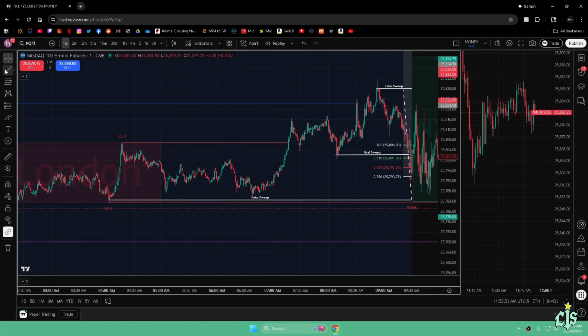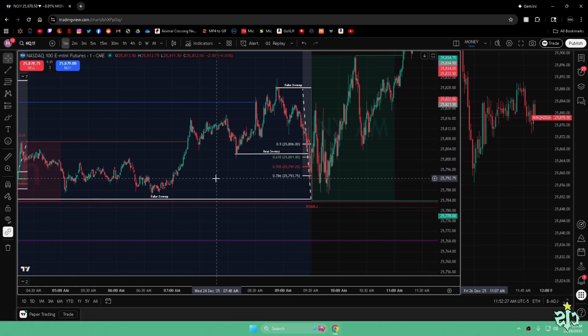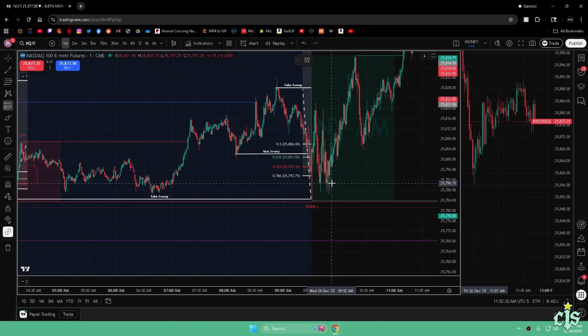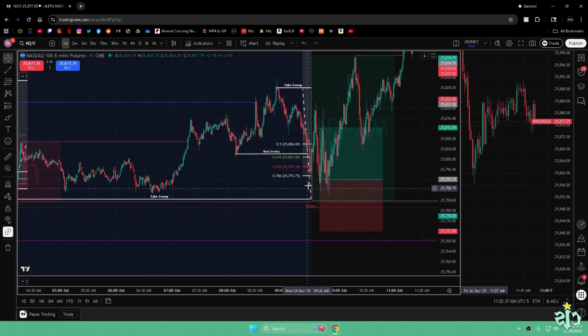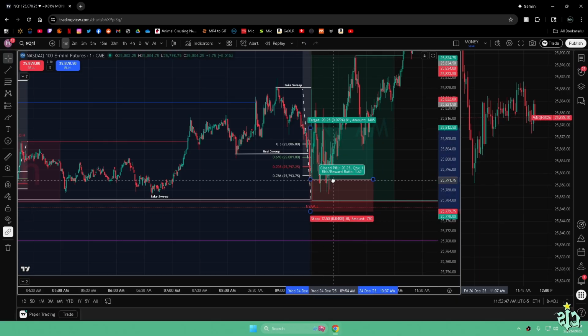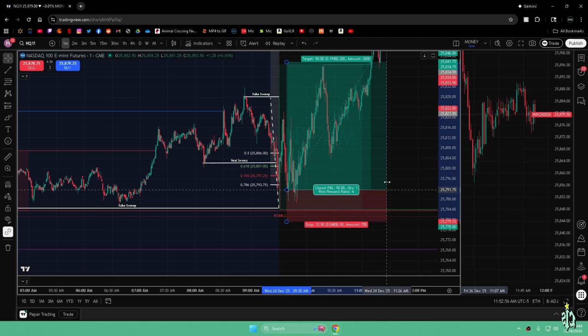Now, I'm gonna tell you right now, you could have entered right here. You could have entered here. Right here, for longs. So after market opens, you want to wait, obviously. But you could have entered here, 50 ticks, and you wouldn't have gotten stopped out. But usually you'd wait, and then go for 200 ticks. Right? Boom. And then it hits.